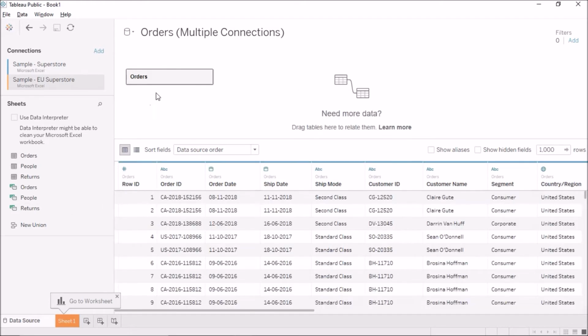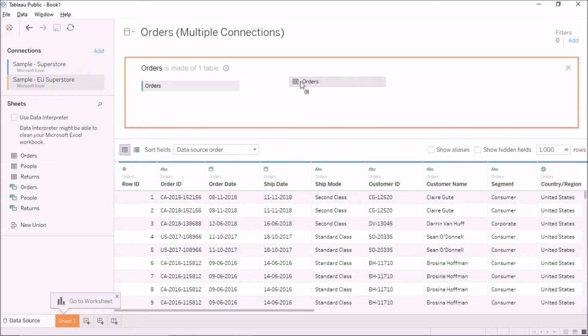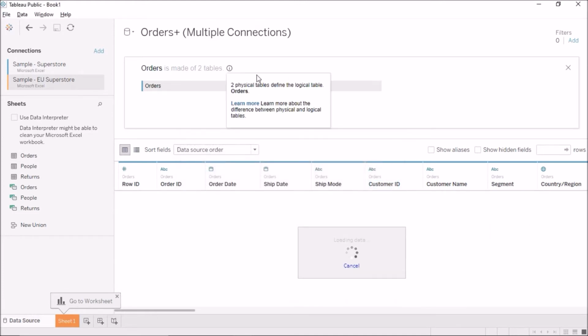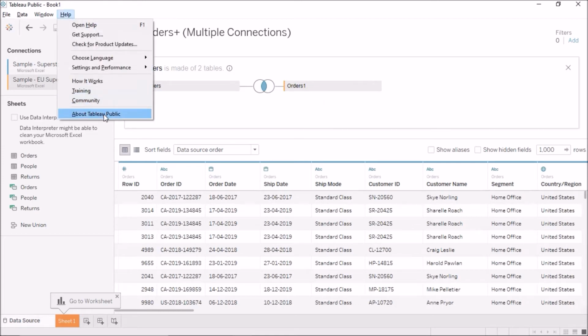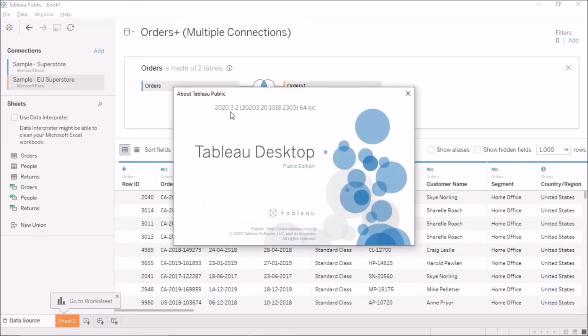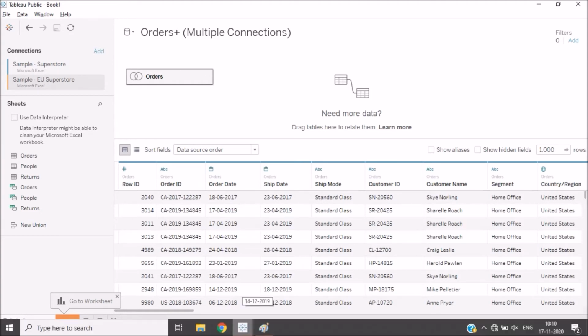Now this was relationships. I can also join by double clicking on the orders, then coming to the European data store and dragging this orders table here. So this is the traditional window that we are used to seeing. But this is the physical layer. Starting from Tableau version 2020.2, the physical layer was the second layer and the logical layer is the default layer. So this is the logical layer. Okay, so this is how we can add to an existing connection by coming here.